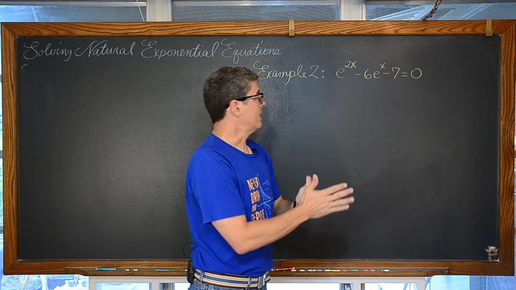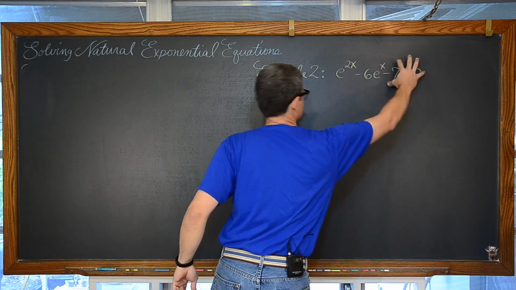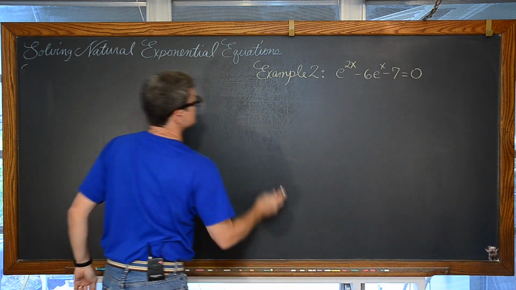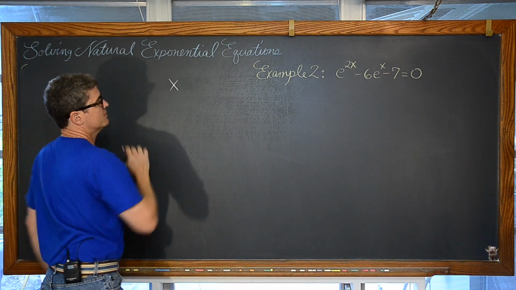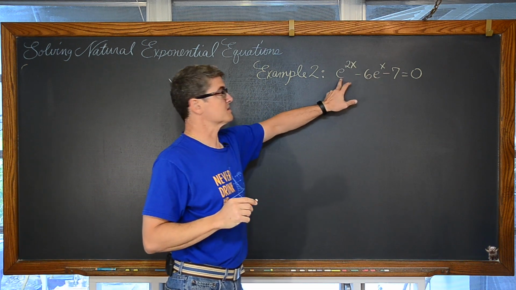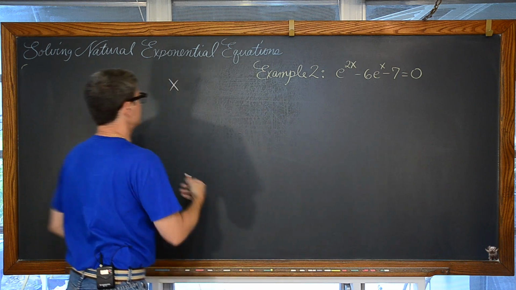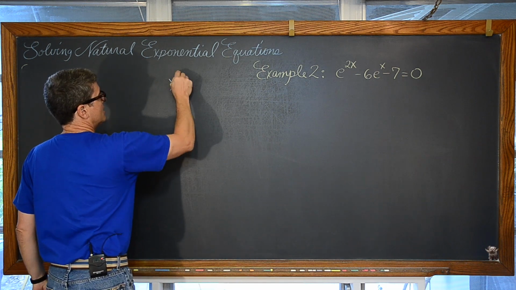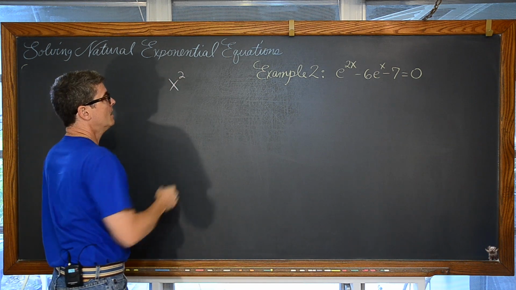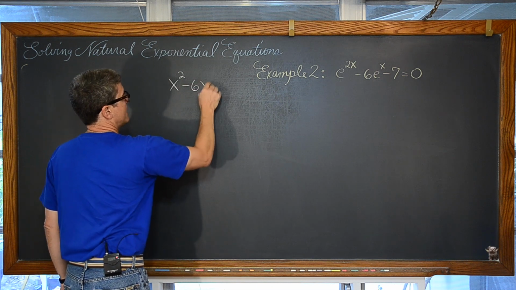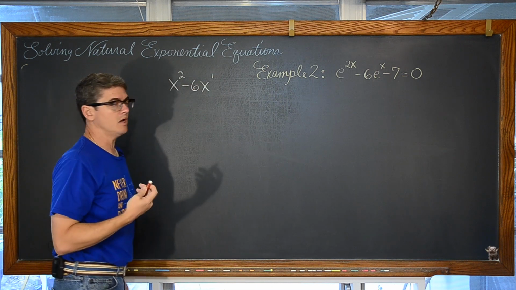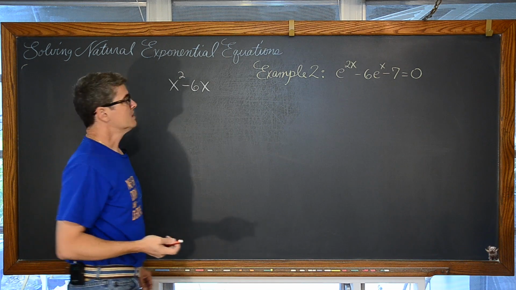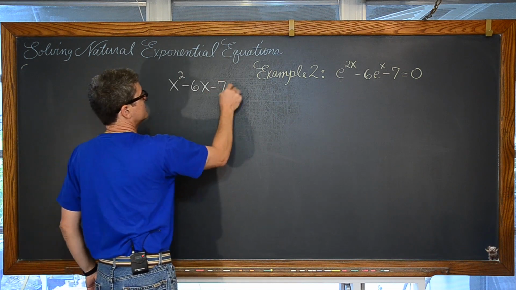The pattern, though, right? This is going to solve just like this question. Here's some kind of common base, but I'm going to write x instead of e, just showing you the relationship of something you've learned in the past. It's a little bit similar. I'm going to put a power of 2, and then I'm going to write minus 6x, but now I'm going to have a power of 1, right? Which I don't even need to write. So minus 7 is equal to 0.